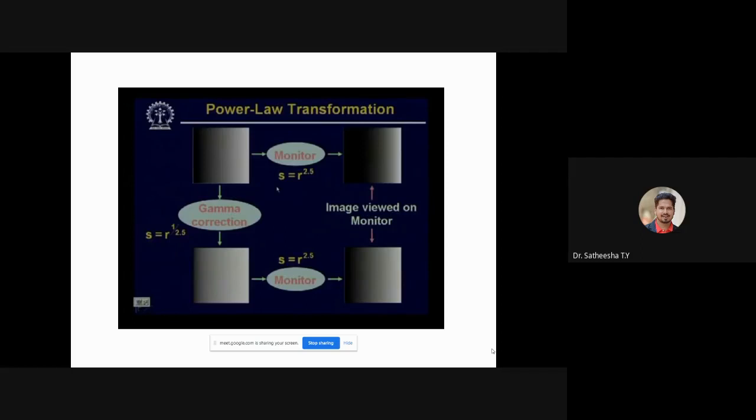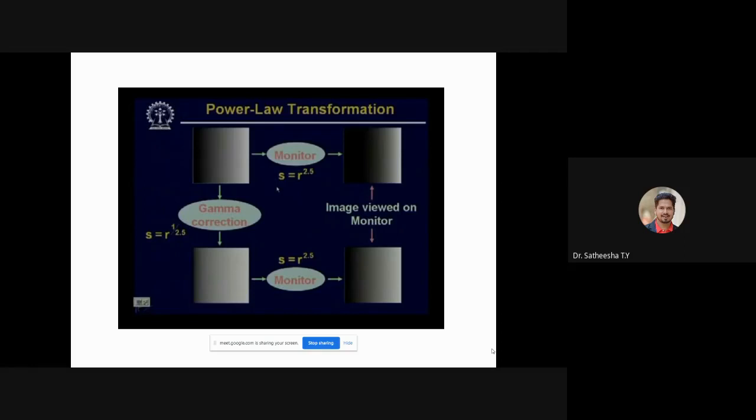And because of this power law characteristics, the image will be darker, which is obvious. The image as displayed on the device is given on the right hand side, and you will find that this image is darker than the original image.